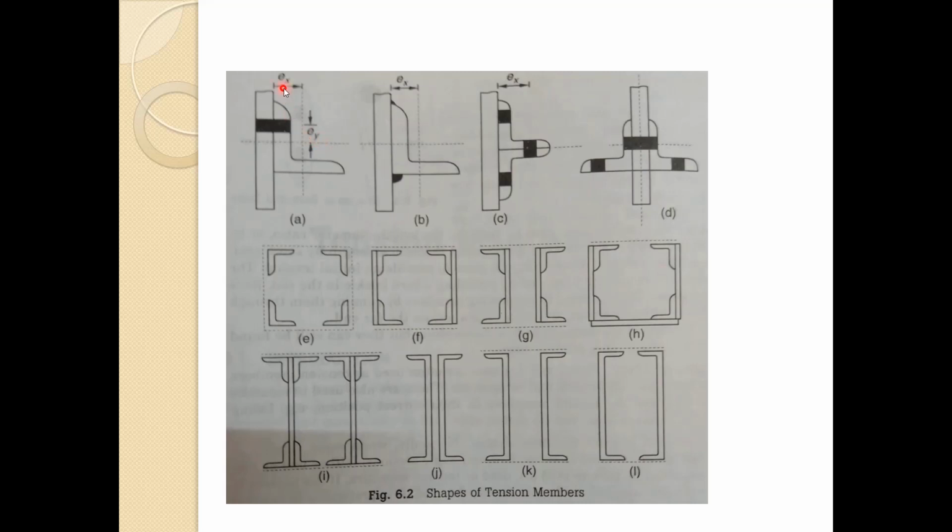And here also you can see some shapes of the tension member. Here you can see the single angle with one leg connected, that is with the riveting connection with the gusset plate. This is the gusset plate. Then connected with the welded connection with the gusset plate. This is back to back double angle, that is it is forming a T. So again connection with the rivet, and here the angles on either side of the gusset plate. So these are some examples of shapes of the tension member.